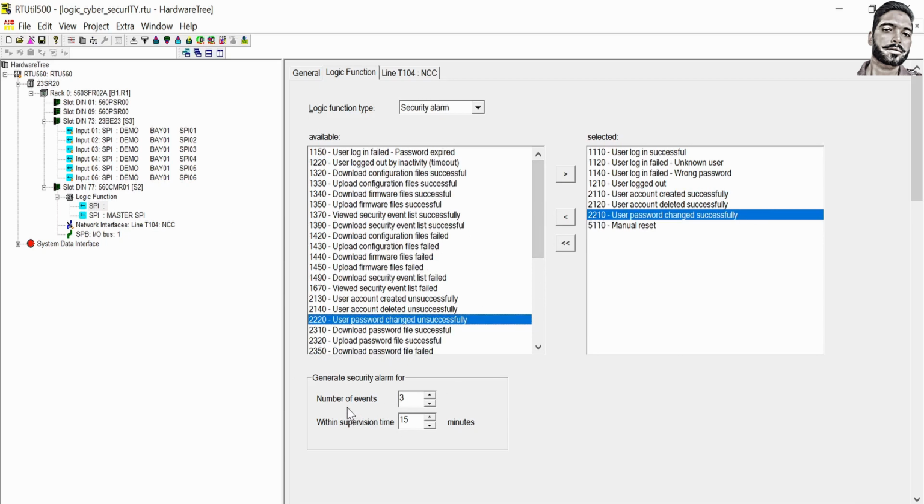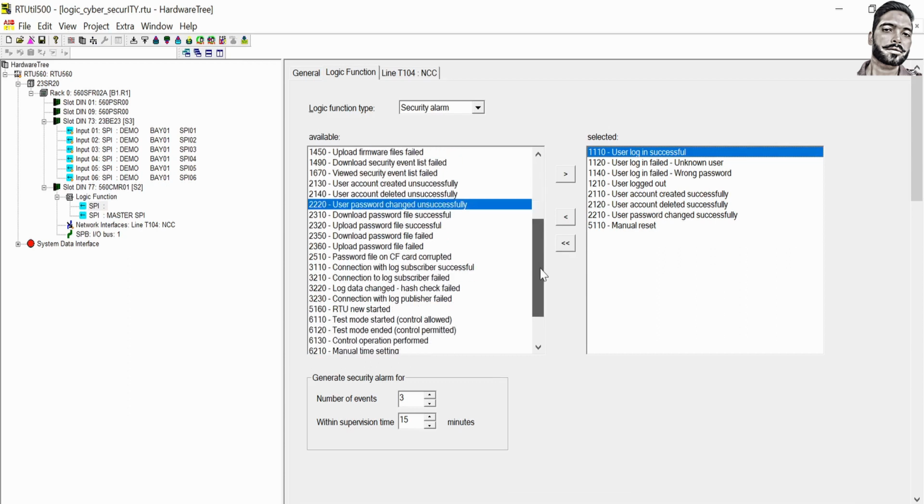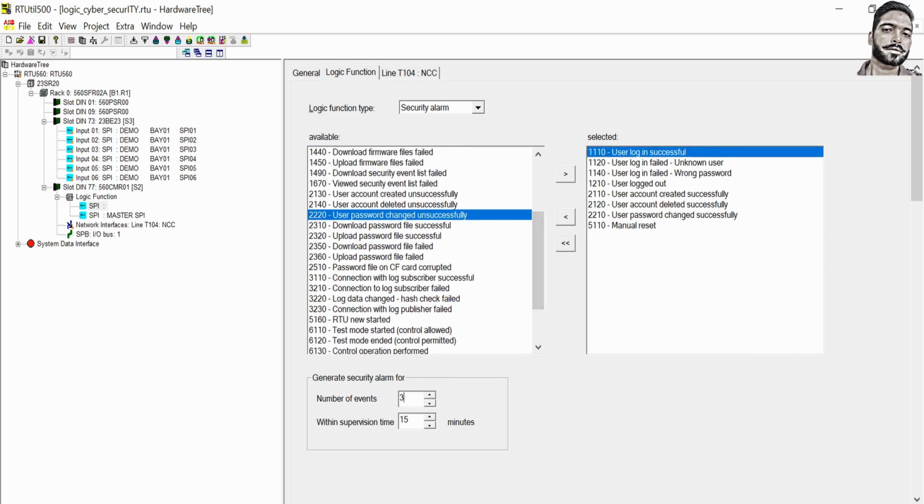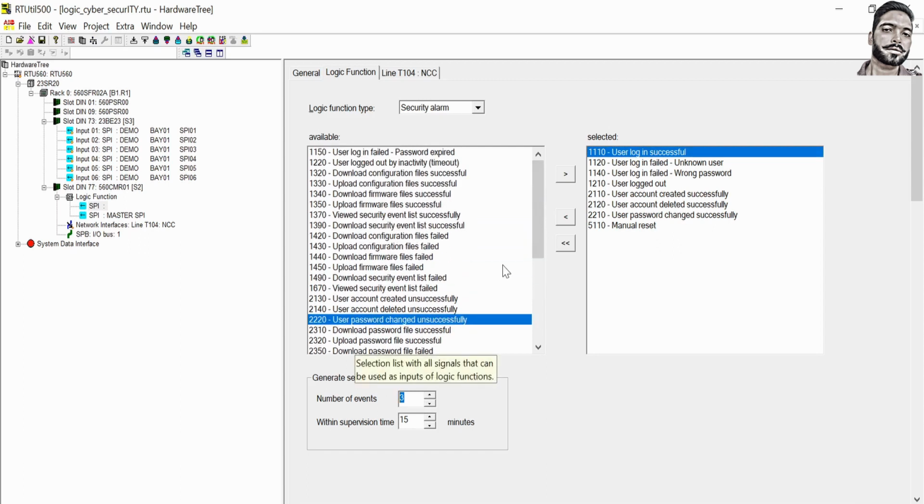Okay, you can do it like this: for example, if somebody did a successful login once, it's not a problem. For example, if it is login unsuccessful, one signal is there, that is login unsuccessful. In that case you can give that person 3 chances. If he did a login unsuccessful 3 times, that is okay.